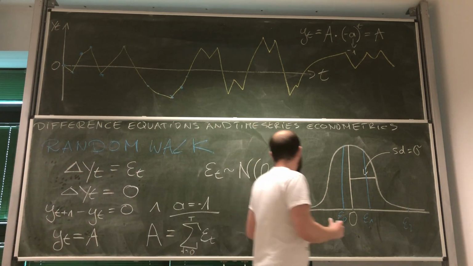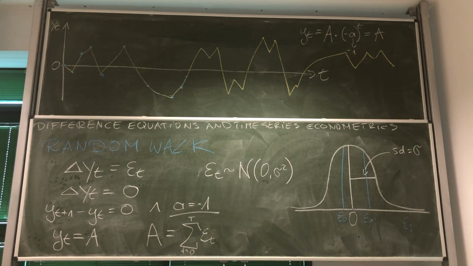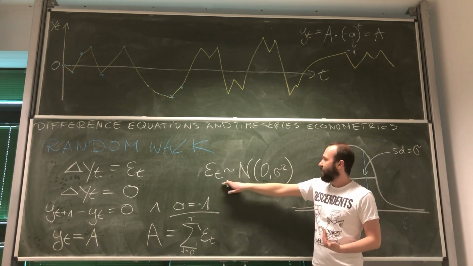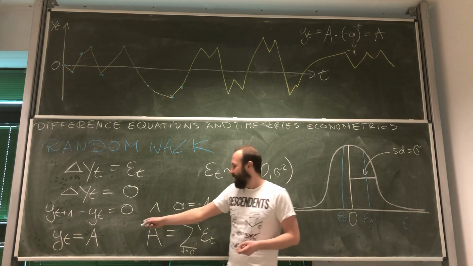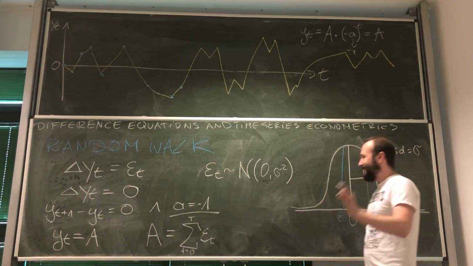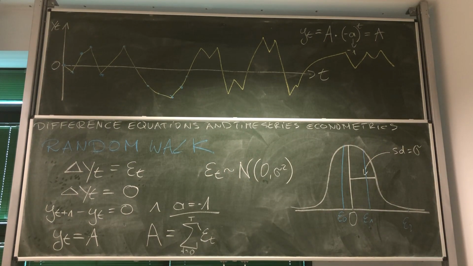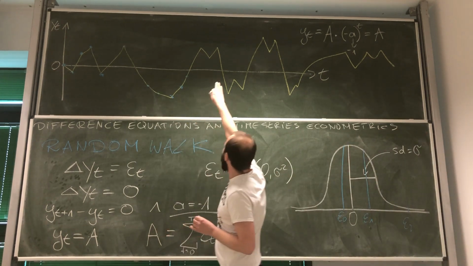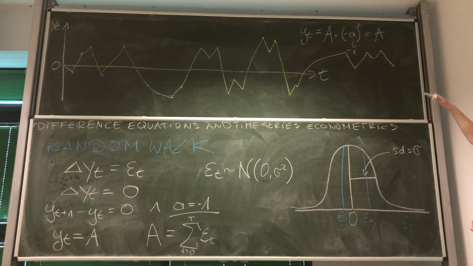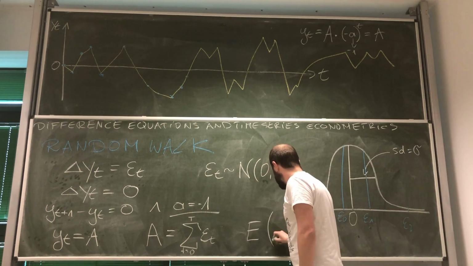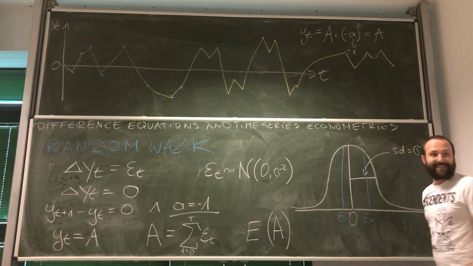So, because of that, all we do when we solve this and we have a constant, a new shock each next time period, the A has more and more elements. But remember, it doesn't mean that A is getting bigger. It can get bigger or lower for some period of time, but then it eventually reverts to the mean, and the mean is 0. So look, the expected value of A at any t